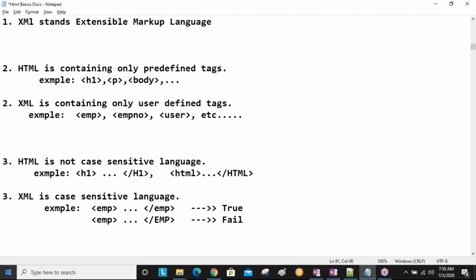Next, one more point: what can you do using HTML, and what can you do using XML? By using HTML we can display the content of our website.